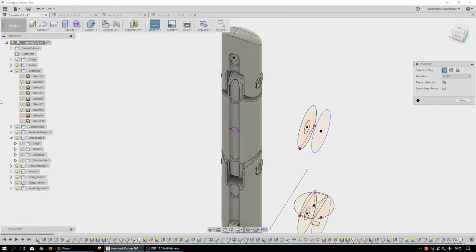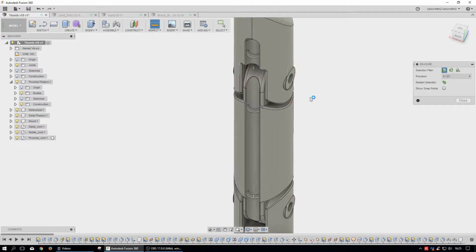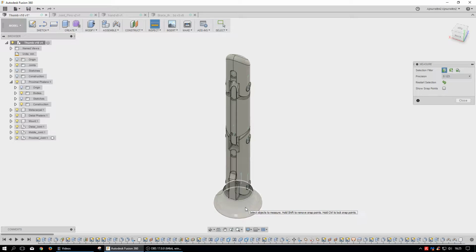Let's get rid of some of these sketches because they get to be a little bit annoying after a while. And somehow how I put it together, I can't get rid of all the sketches all the time, because I had to dig into where those are. And so what we're left with here is the base that I wanted to have connected into the brace, but